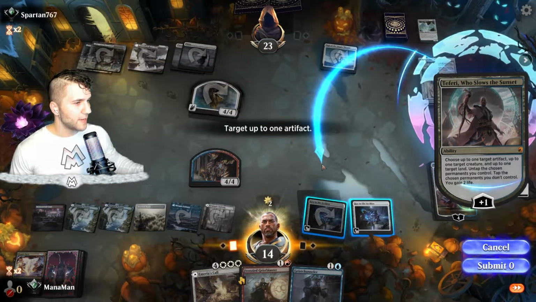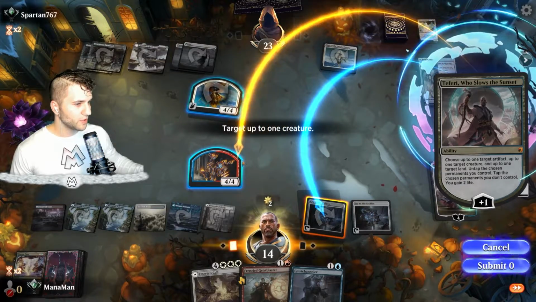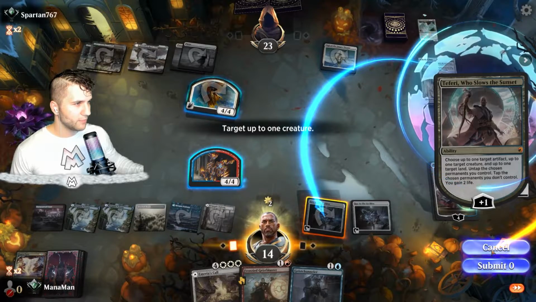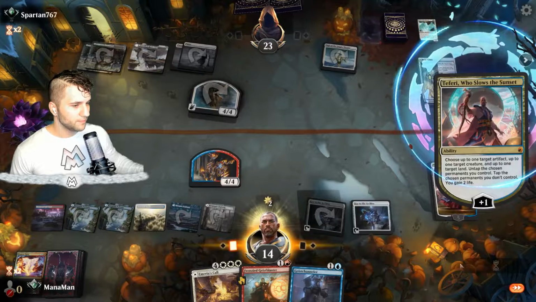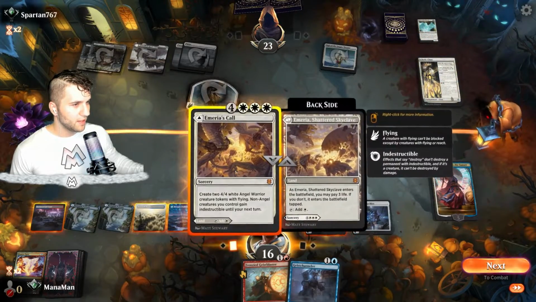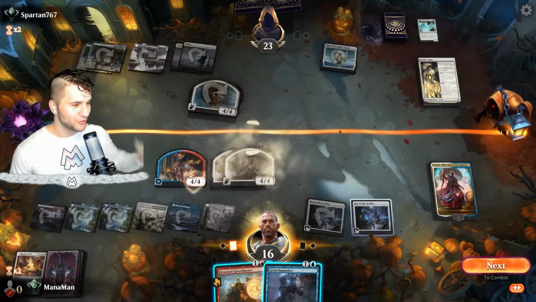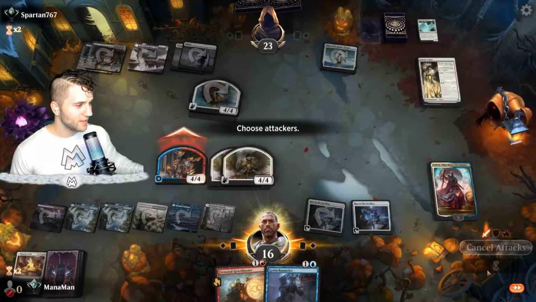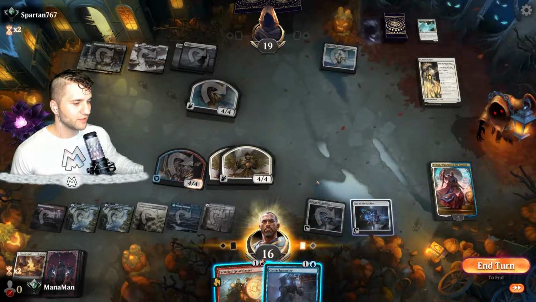Yep. Untap. Target 1 artifact, 1 creature. I don't think it's gonna matter much here, right? No, we'll just let that slide. Target up to 1 land. Boom. Namiria's Call. 2 4/4 White Angels. Wow, look at that. Indestructible. I'm gonna swing in here. We could have made this untapped, but they don't have any lands or anything to swing with, so it's not